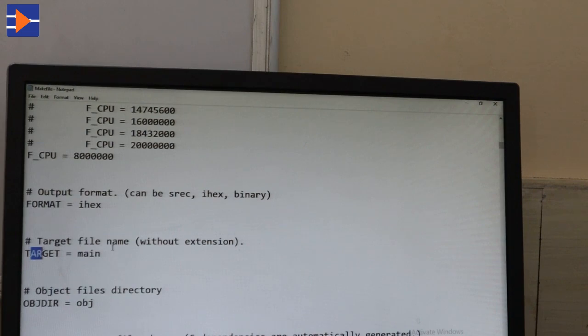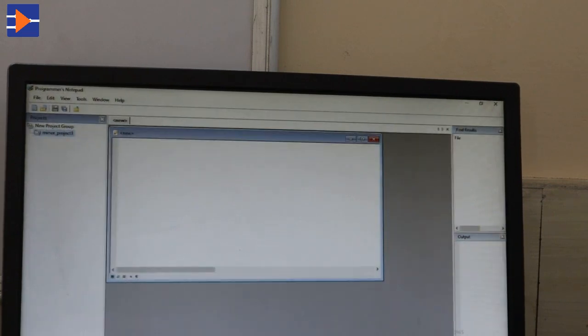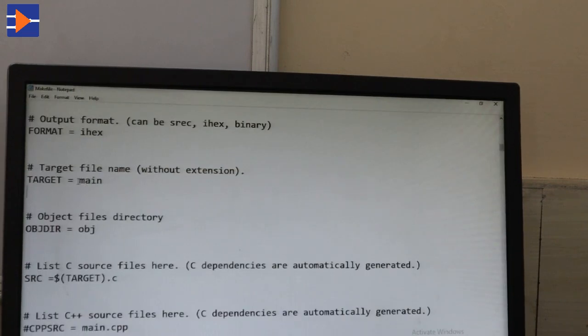Target is equal to main. Suppose you have set the main file as piano, and in the target you have set main, then this program won't run. So you have to make sure that whatever your main file is, you place that name over here. Target is equal to your main file.